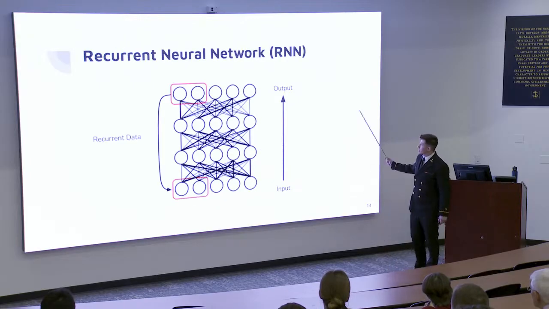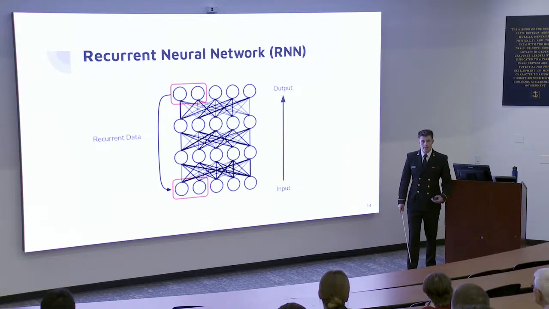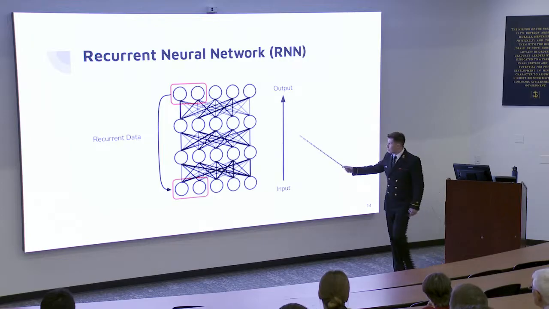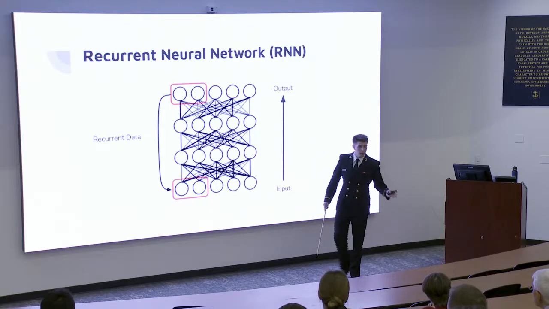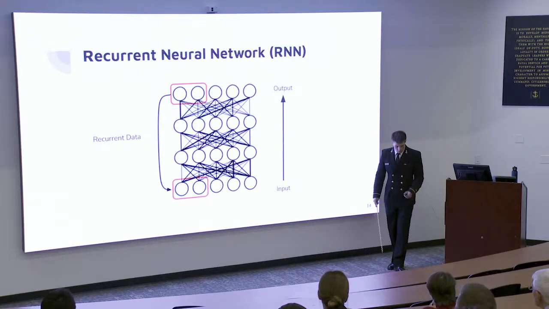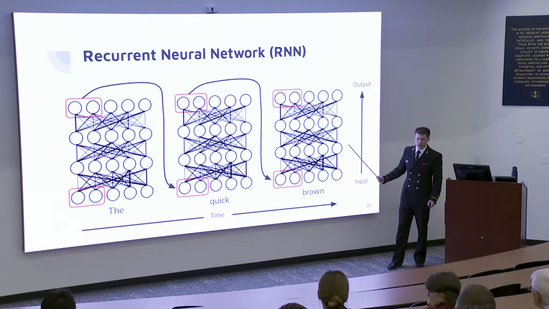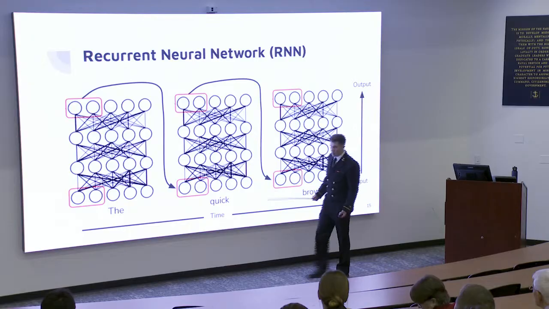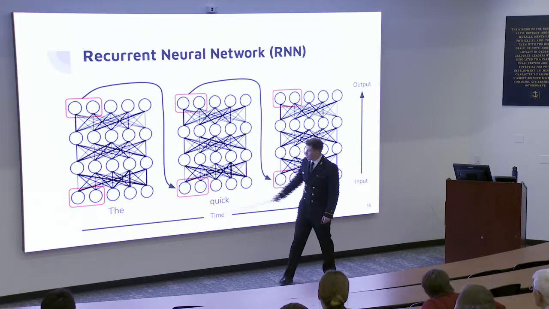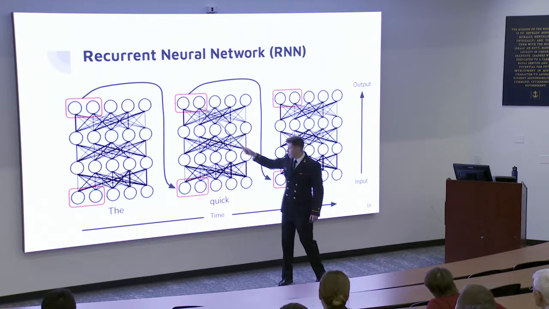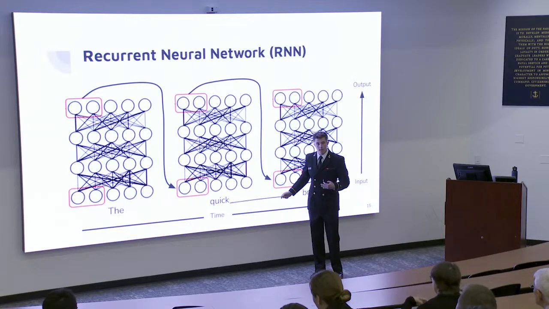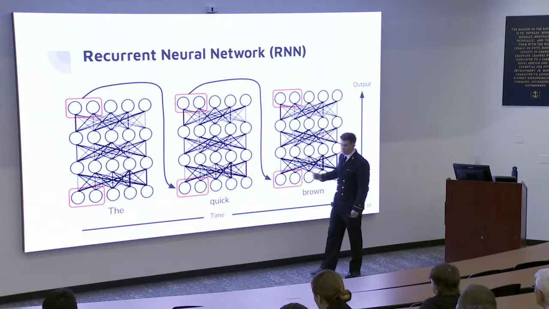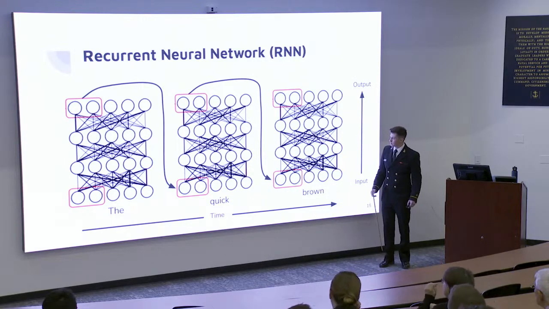To remedy this, the recurrent neural network was invented, which has an internal memory, a state that is brought from the output backwards into the input as the model analyzes a sequence. Its execution can be shown through this computational graph, where we can analyze the sentence, the quick brown fox, because we output a memory, bring that memory into the next word that we bring in, so that now we have that context of what we've seen so far. And this continues forward throughout the sequence.